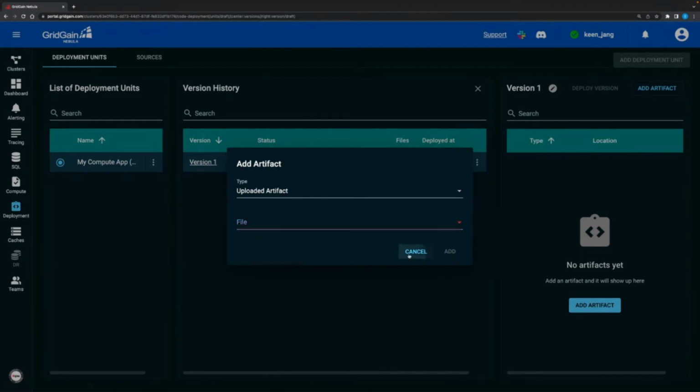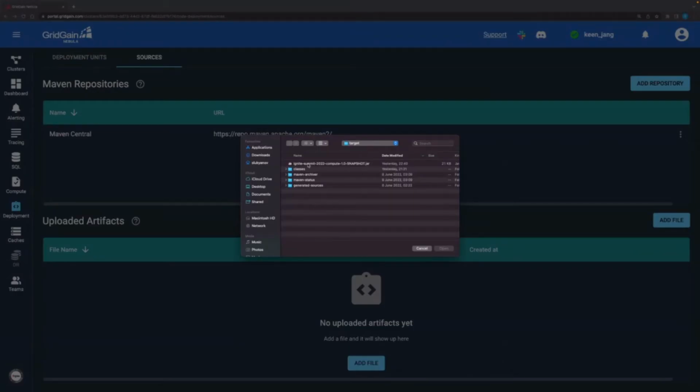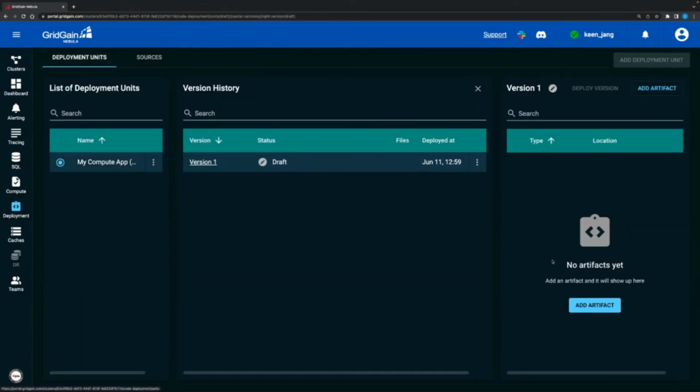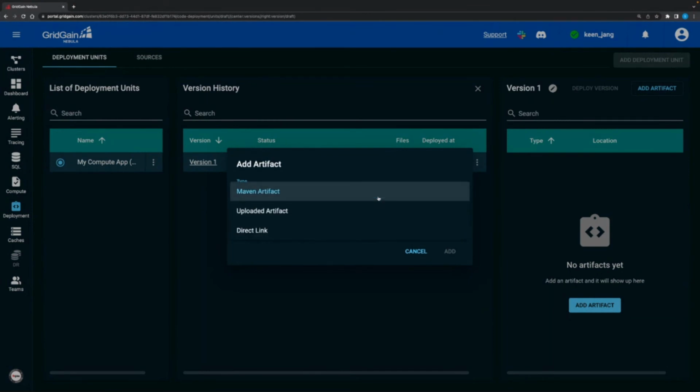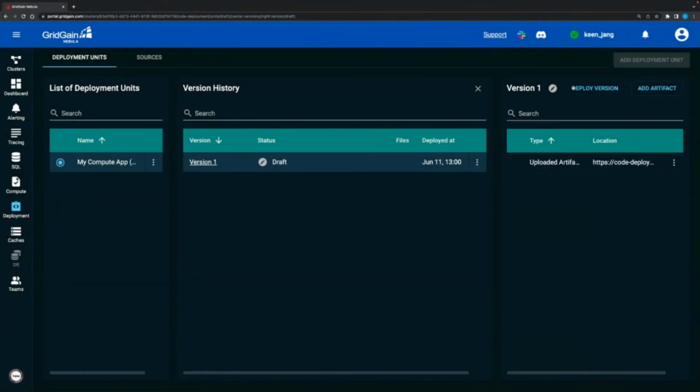And I don't have any artifacts uploaded yet, so I'll go here to the sources, and I choose a file, the build running on my laptop. Here is the build, and the file is now stored on the control center, and when we add the artifact here, we click deploy,